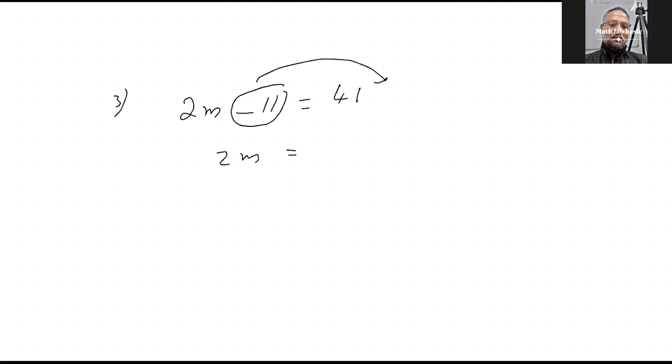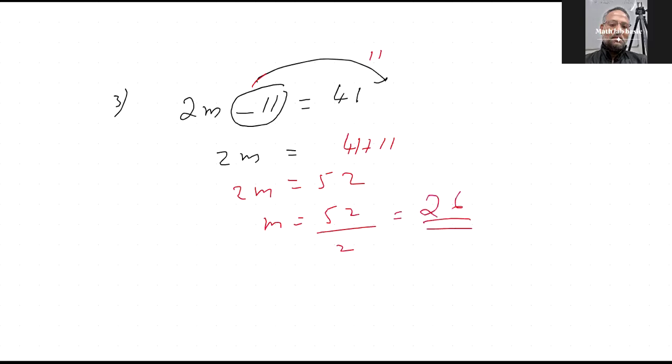Minus 11 will go to this side. 41 is already there, then this is 11, so 41 plus 11, that means 52. 2m is equal to 52. So m is equal to 52 by 2, multiplication becomes division. That means 26. This is the answer. So what I am telling equation